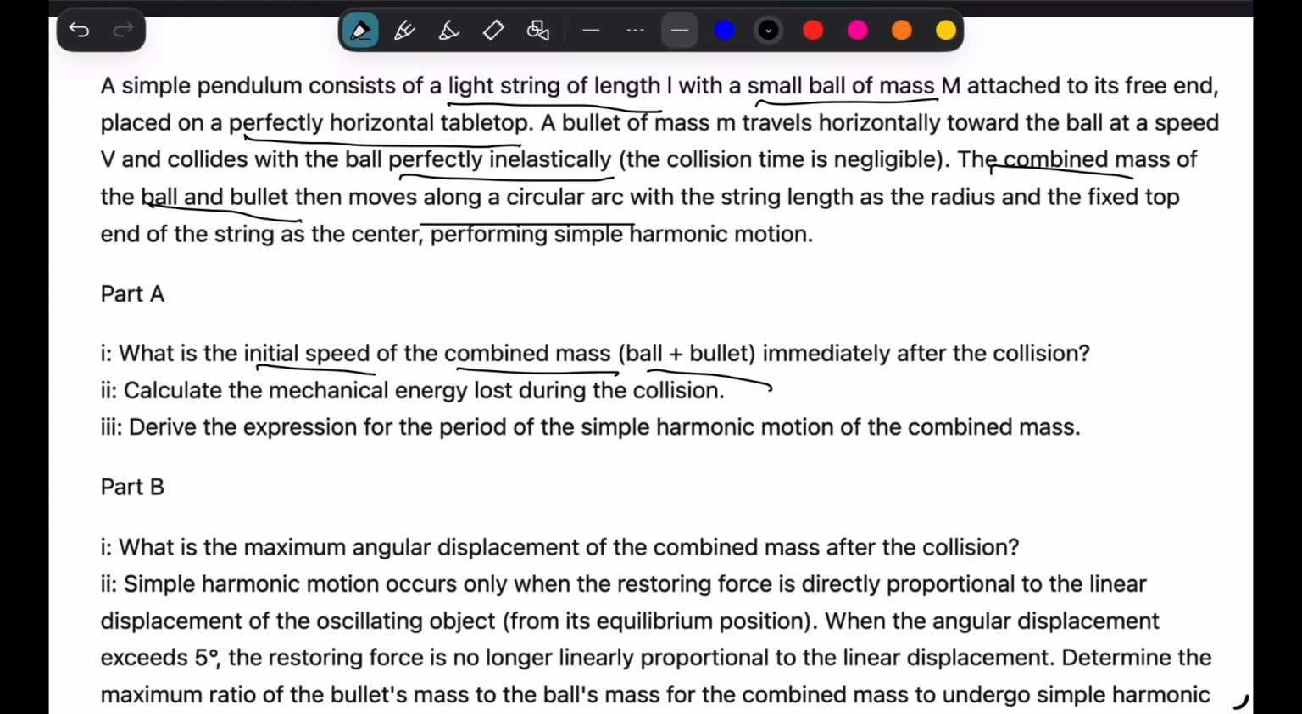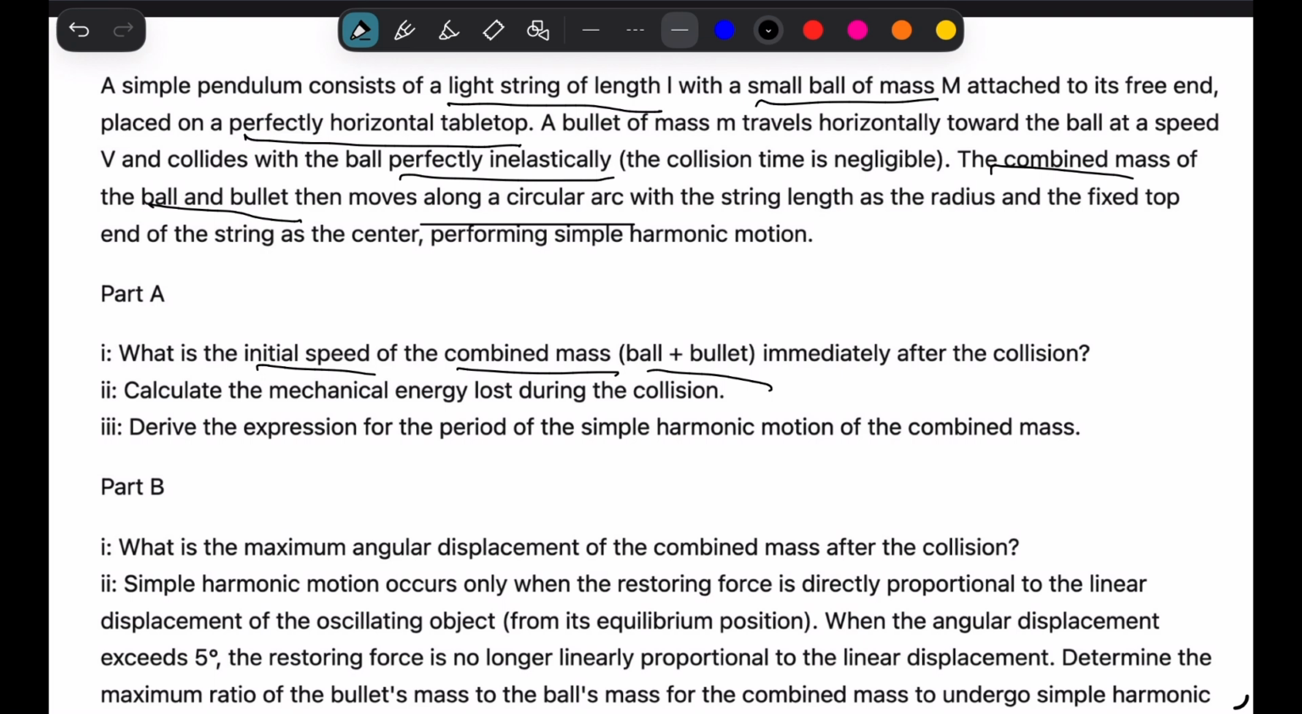In this video, we'll be doing an AP Physics 1 Unit 7 Oscillations FRQ. A simple pendulum consists of a light string of length L with a small ball of mass M attached to its free end, placed on a perfectly horizontal tabletop. A bullet of mass m travels horizontally toward the ball at a speed of v and collides with the ball